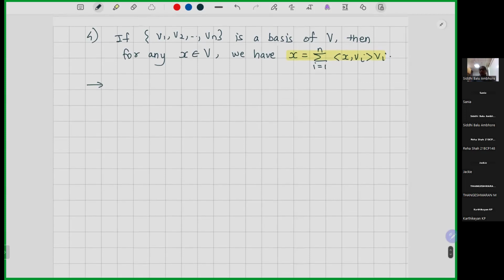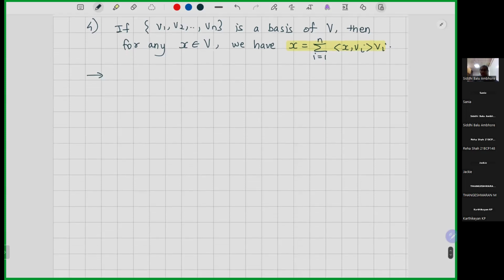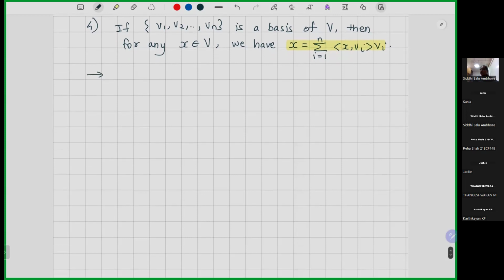If we remember from the lectures, we proved such a statement for an orthonormal basis. If we have an orthonormal basis, then we can surely write such an expression for any element x in V. But now they are talking about any given basis. So the statement which we proved for an orthonormal basis in the lectures, whether it is true for any given basis or not, that's what they are asking. The answer to this is false, because this need not hold for any given basis of a vector